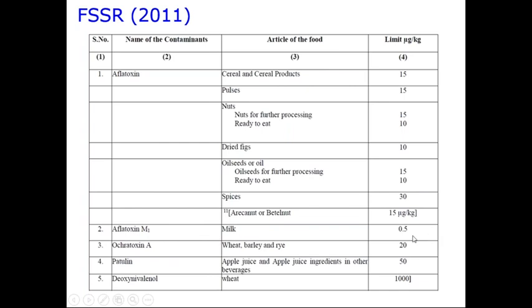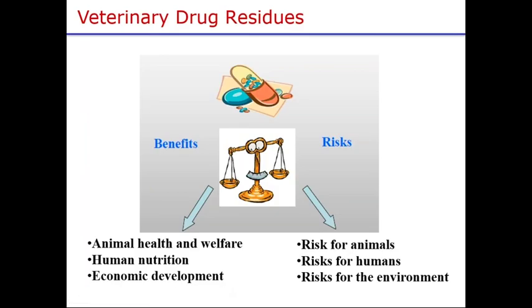Aflatoxin M1 in milk is 0.5 microgram. Ochratoxin is for these three. Patulin is mainly in apple juice, and DON is given in wheat. So now coming to veterinary drug residues and antibiotics, they have both benefits and risks. The benefit is they are used for animal health and welfare. In human nutrition, when we are sick, we take antibiotics. However, the risks are again for the animals and for humans, if we develop antibiotic resistance by consuming too much of